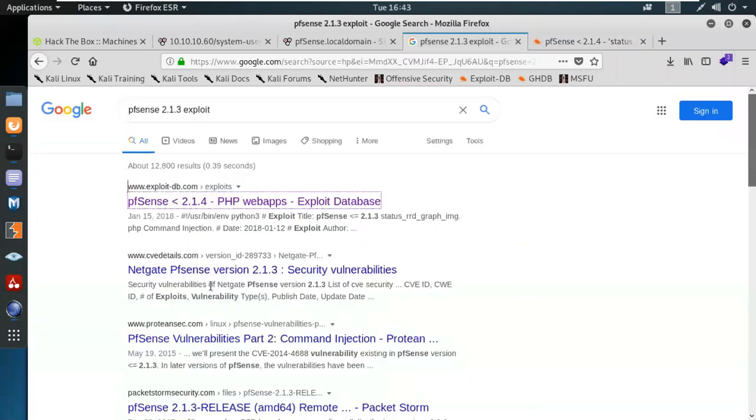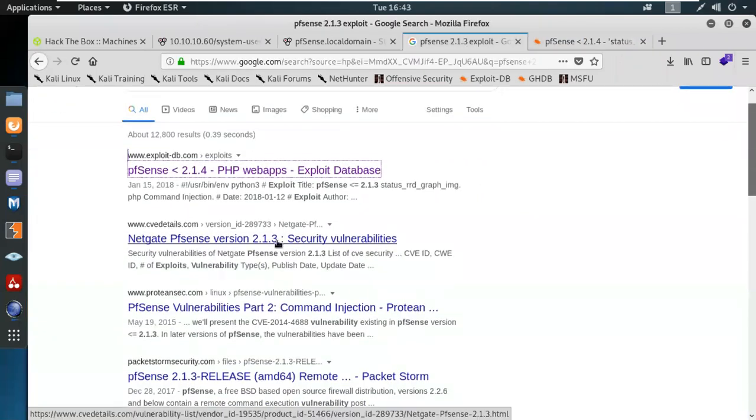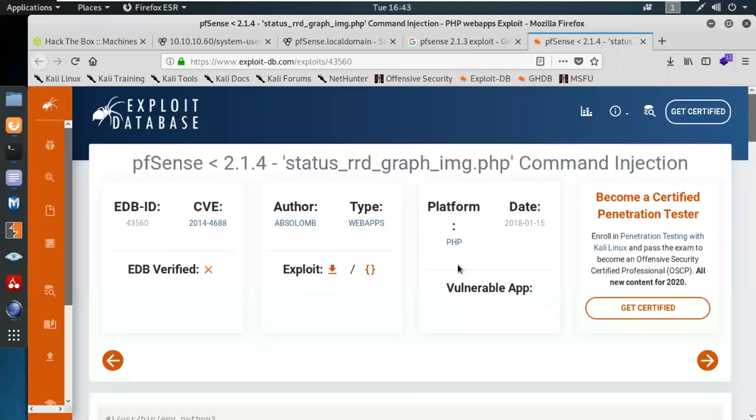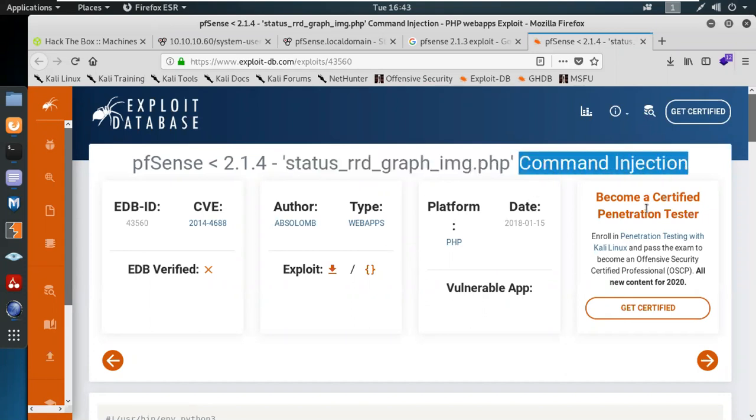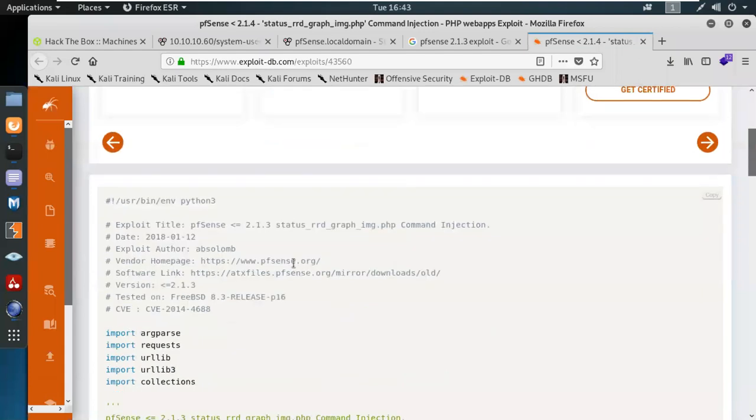तो सबसे यहाँ पे और भी बहुत सारे वर्जन दे रखे थे आपके 2.3 AMD64 पैकेट ट्रांस, यू कैन सी ओवर हियर. तो यहाँ पे क्या लिखा है स्टेटस RID ग्राफ इमेज डॉट PHP, जिसमें लिखा है कमांड एग्जीक्यूशन अटैक. सो कमांड एग्जीक्यूशन अटैक में सिंपली हम क्या कर सकते हैं, इसमें सारी की सारी वल्नरेबिलिटीज को हम ट्राई कर सकते हैं. अगर मैं इसके कोड को देखूं तो इसमें लिखा है एक्सप्लॉइट टाइटल PS